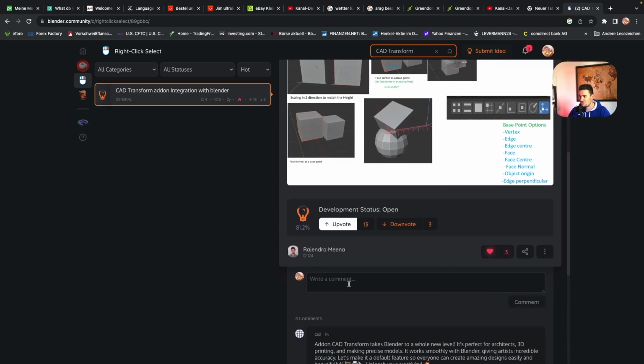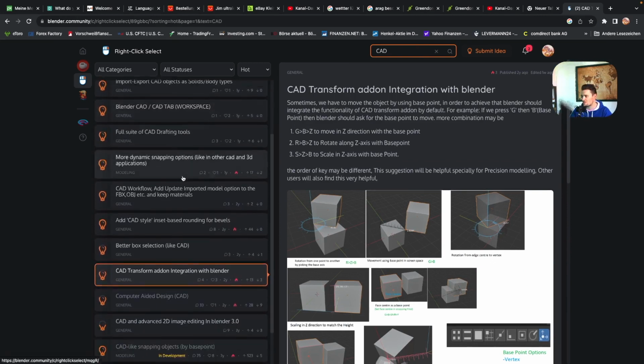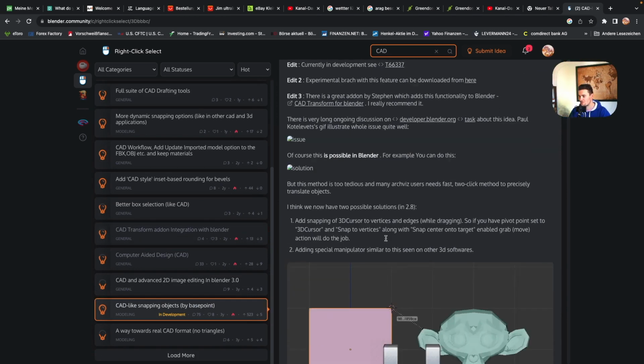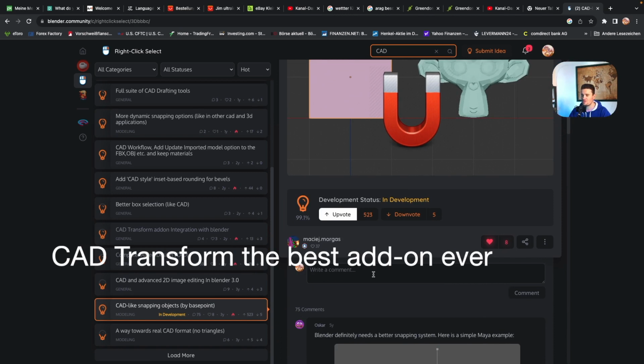And we have one more topic which could give a push to our add-on CAD Transform. We just need to type CAD and press enter, and we will get a bunch of topics, but we need this lower one, which is in development and called CAD-like snapping. You can press it and check this out. In this topic there are a lot of Blender users discussing that Blender needs another snapping system. And here also you can leave a comment and vote, and the comment could be something like